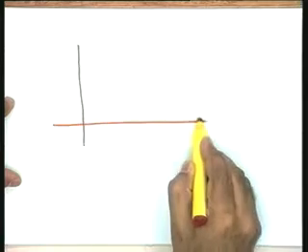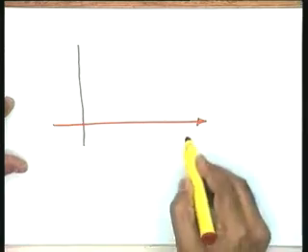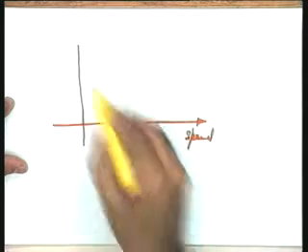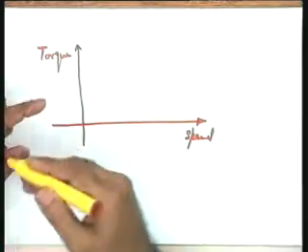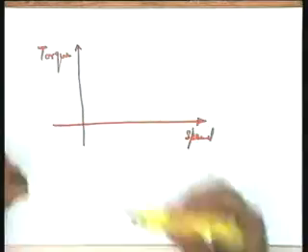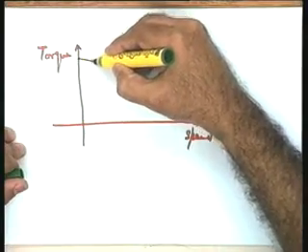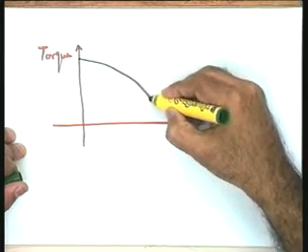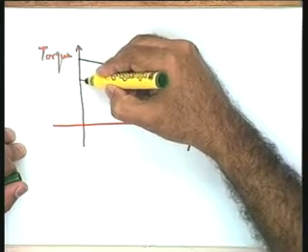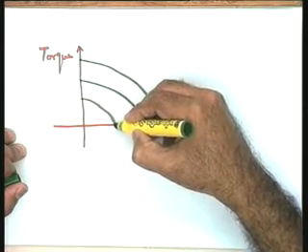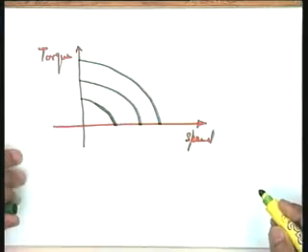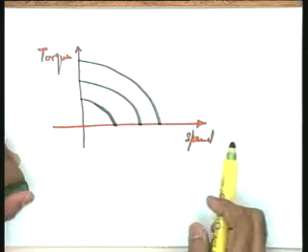Now let me see how this motor behaves. If I make a torque speed characteristic curve over here, this is speed on this axis and here is torque on this axis, and if an experiment is conducted, the results will be of this nature. You will please note that I am very clearly showing here that the curves are non-linear. So it means an AC motor is effectively a non-linear device. There is a non-linear relationship between torque and speed.